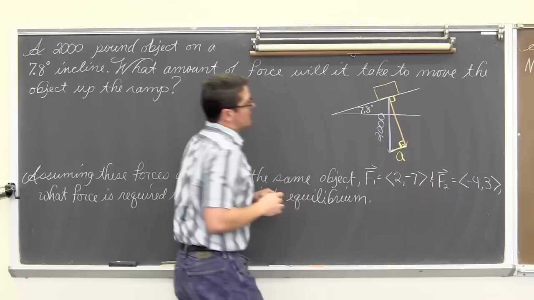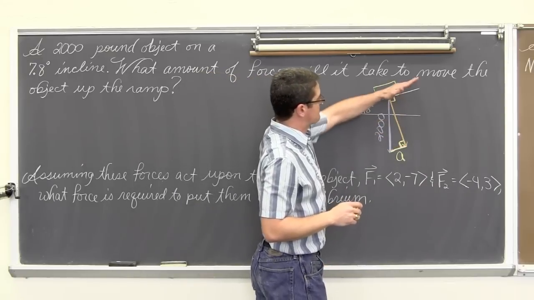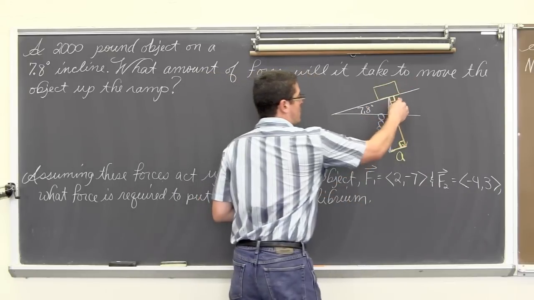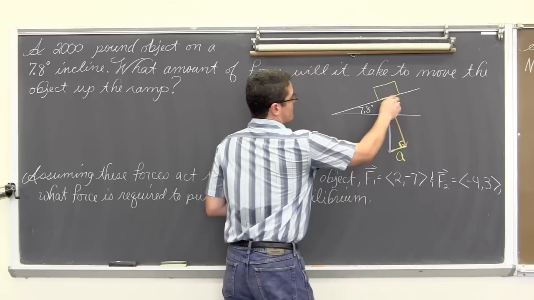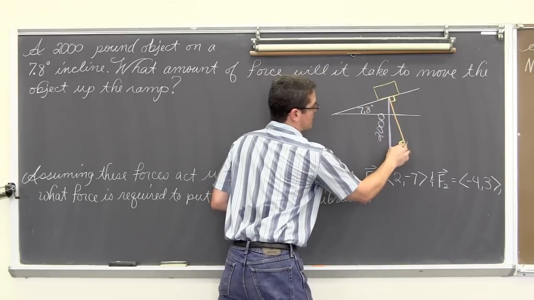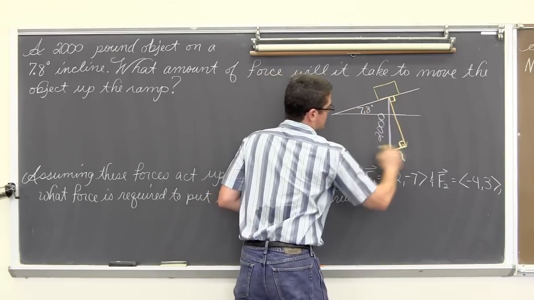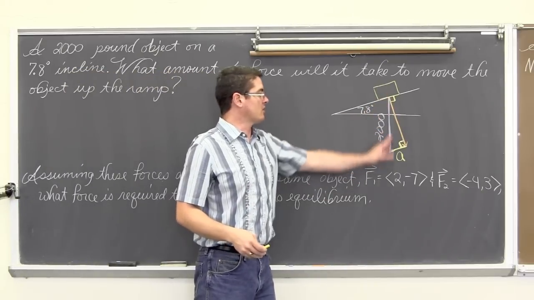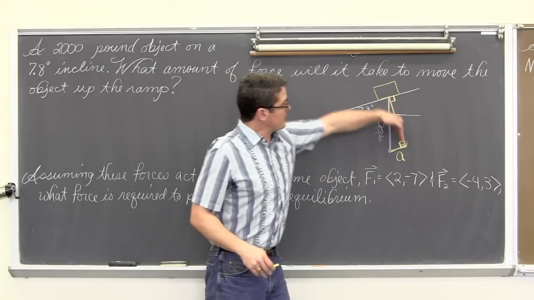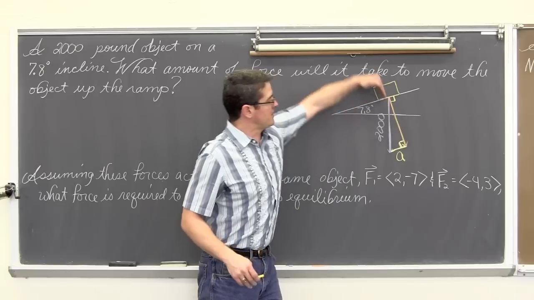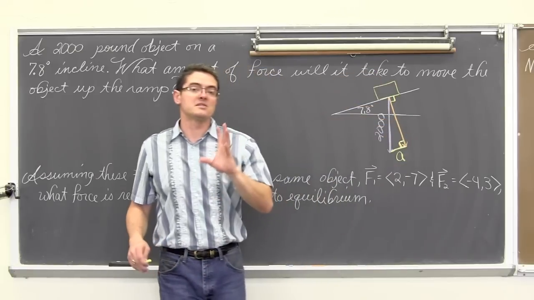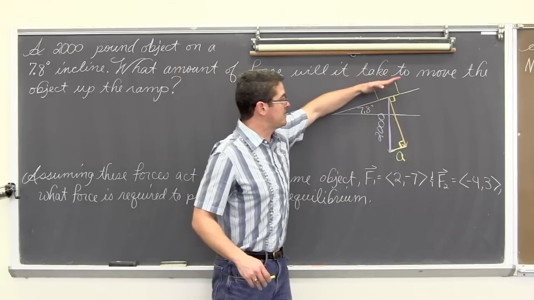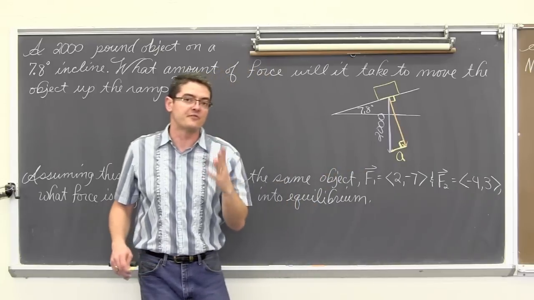That little bit of a length there is parallel. That line segment is parallel to that of the ramp because I have alternate interior angles. I have a perpendicular angle here, a perpendicular angle here. I have two lines being intersected and so on. So I have a little right triangle in this corner. Vertical, gravity. The force perpendicular to the actual surface of the ramp is the weight the object is literally pressing into the ramp. That's what the ramp is feeling.